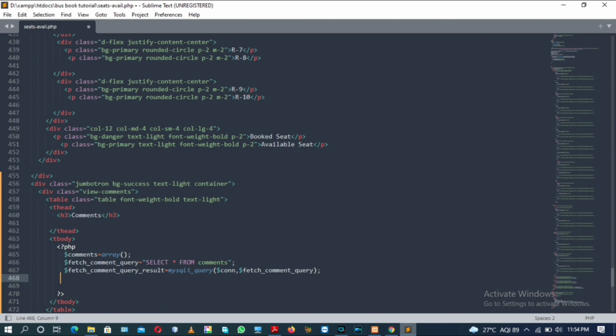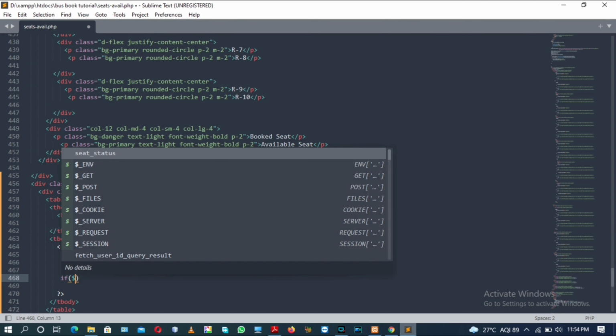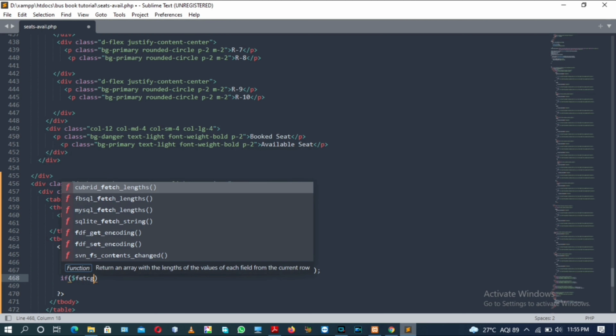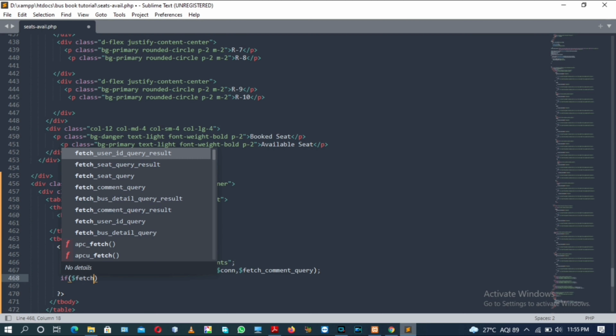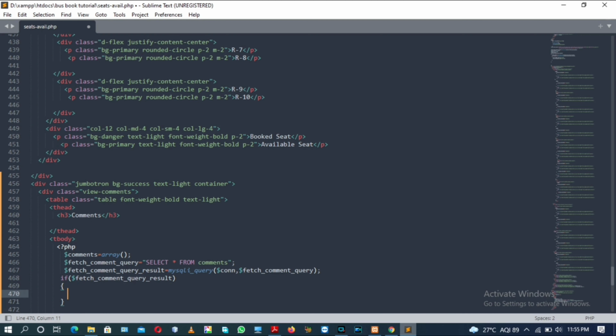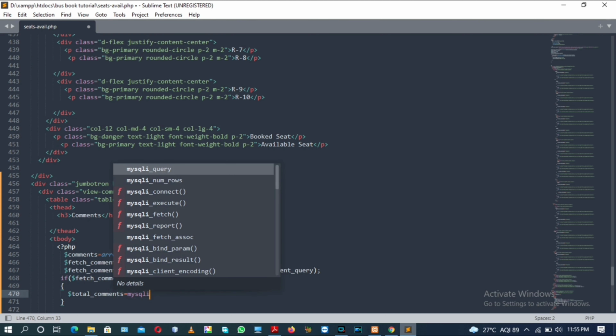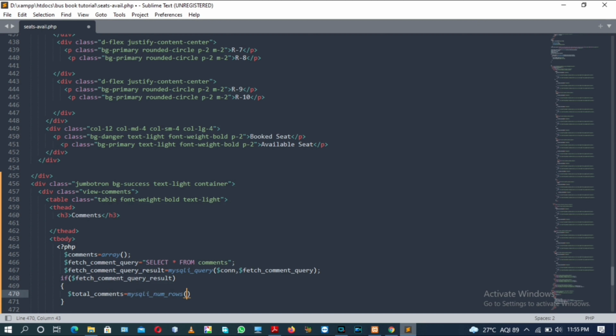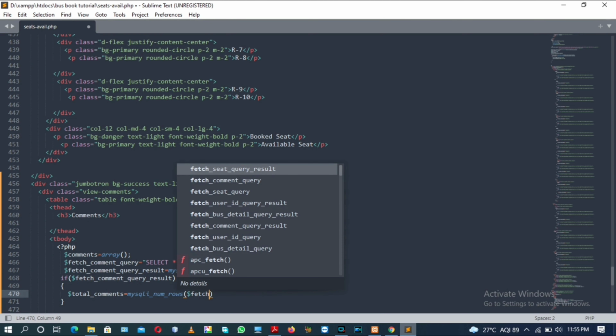After this we will have an if statement that contains a condition: if fetchCommentQueryResult returns true, then we will have a PHP variable totalComments that is equal to mysqli_num_rows, which accepts fetchCommentQueryResult as a parameter.